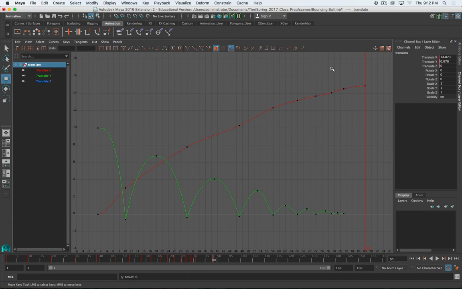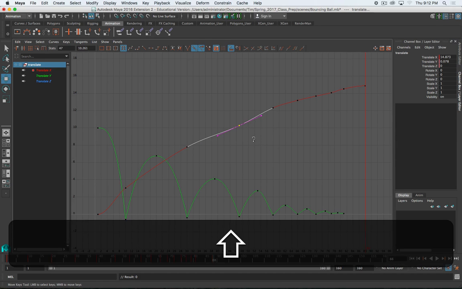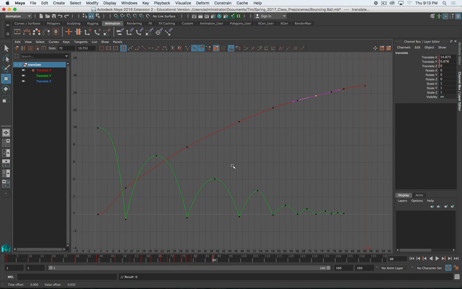Okay, that'll look better. And then also, you can select them and hold down Shift and middle click and drag and move them up and just kind of manually make that a smoother transition, because it should be, right? It should smoothly decelerate and not be all kind of herky-jerky. So